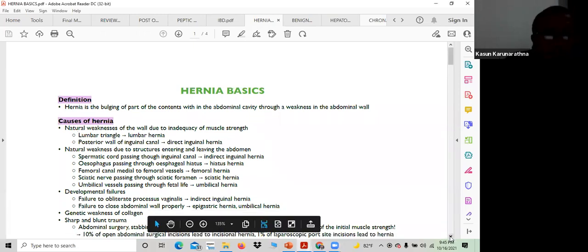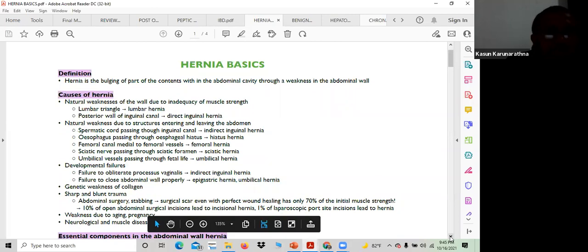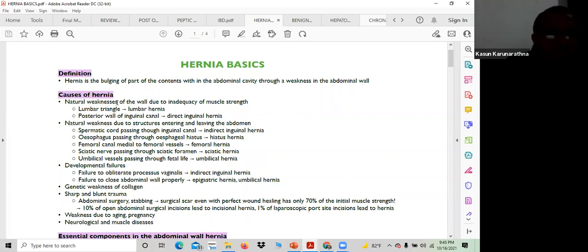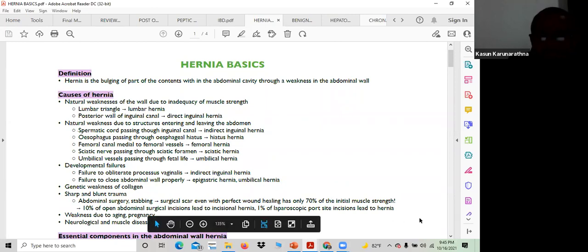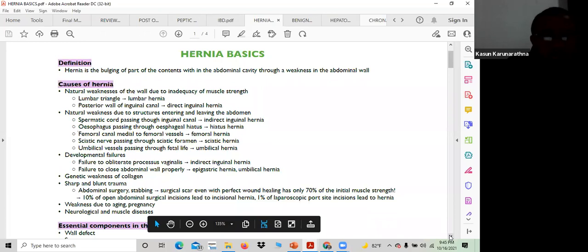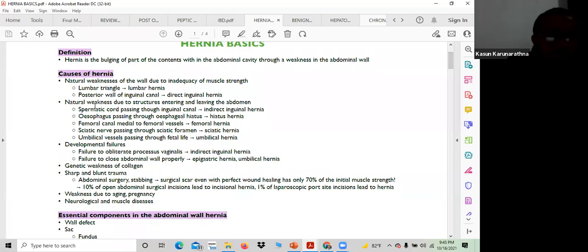Causes of hernia. It can be natural weakness of the wall due to inadequacy of muscle strength, like in lumbar hernias, weakness of the lumbar triangle. And in direct inguinal hernias, the posterior wall of the inguinal canal becomes weaker, right? Those are natural processes of weakening due to aging and poor nutrition, different stuff. And it can arise due to natural weakness of the